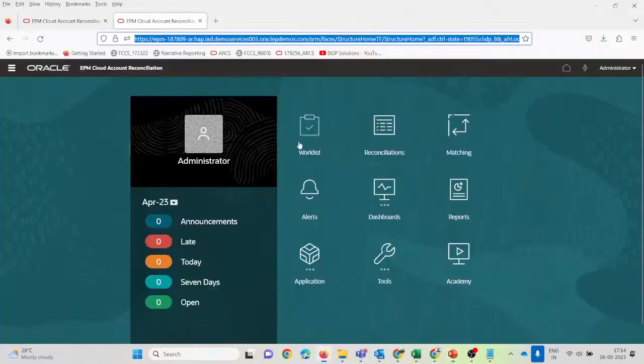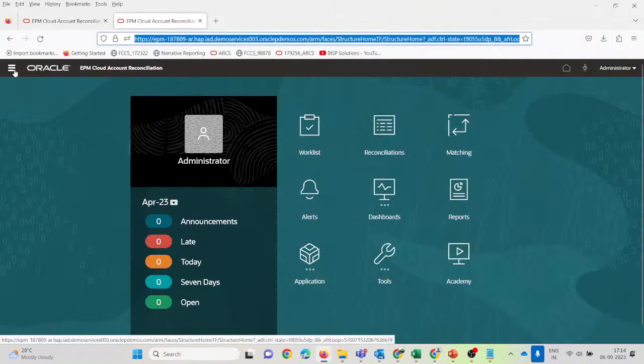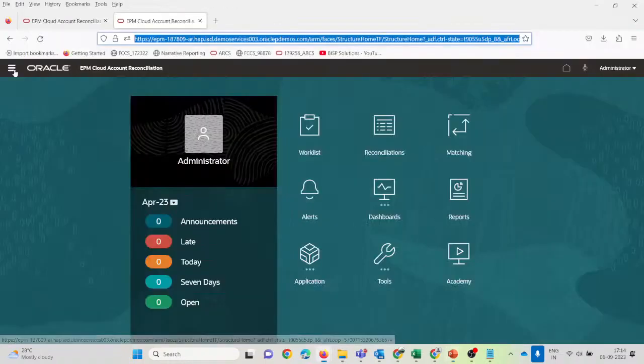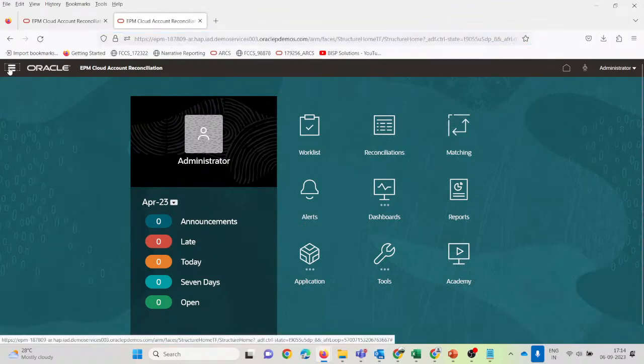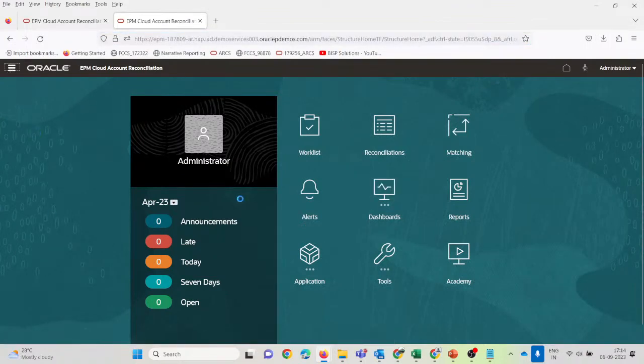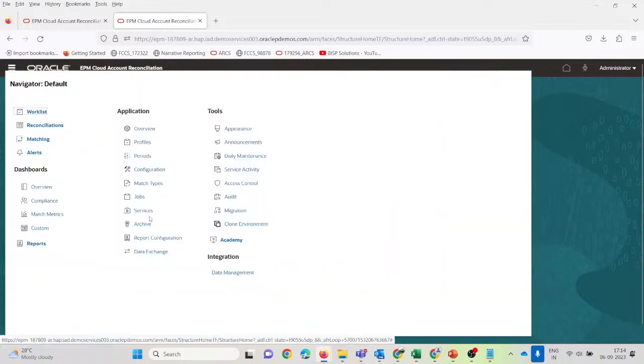To remove this application, first we will take a backup of this, and we'll also tell you how to take a backup of this application. To take the backup, we have to go to this navigator. This application is working. I think there is some network issue, that's why it is responding very slowly. Okay, from this navigator, we will have to go to this migration,